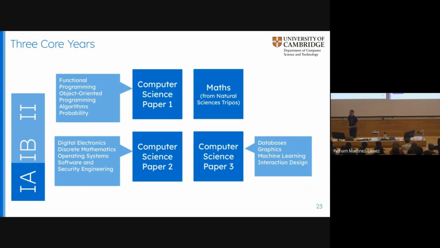The other thing to point out is there is 1/4 of the year that's allocated to maths. We currently borrow that paper from natural sciences. So it may or may not interest you, but if you have friends who are looking for physics, chemistry, whatever, there's just a huge number of people that do this same course on mathematics, and they come from all of those different subjects. We also do that at the moment. So for one paper of the first year, that is 1/4 of the year, is associated with this maths course. And when we talk about maths there, it's probably more what you have done when you talk about maths, so what we would call continuous mathematics, differentials, all of that kind of stuff, versus the other type of mathematics, which is particularly important for computer science, and you'll see it in here, discrete mathematics.